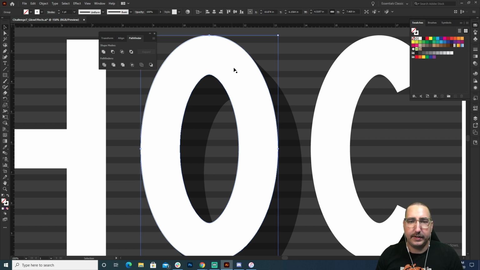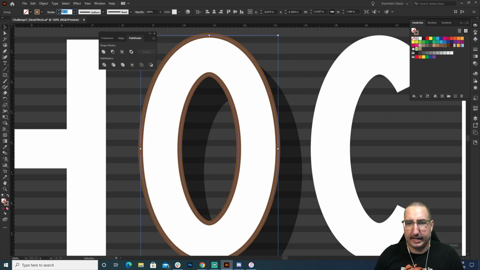And instead of having a fill, we're just going to put a stroke on here. Let's go ahead and make it a brown stroke. Let's do brown and orange. So we're going to make a brown stroke and just make that a bit thicker, like right there. Looks good to me. And then let's go ahead and fill the shape underneath with